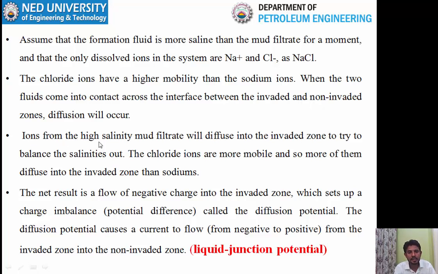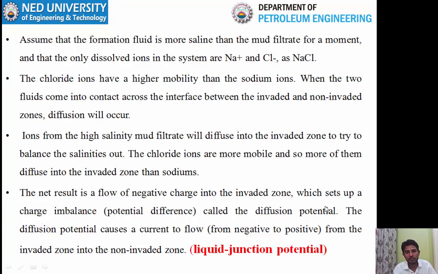Ions from the high salinity mud filtrate will diffuse into the invaded zone to try to balance the salinities out. The chloride ions are more mobile, and so more of them diffuse into the invaded zone than sodiums. The net result is the flow of the negative charge into the invaded zone, which sets up a charge imbalance